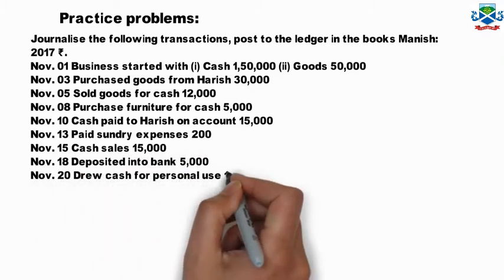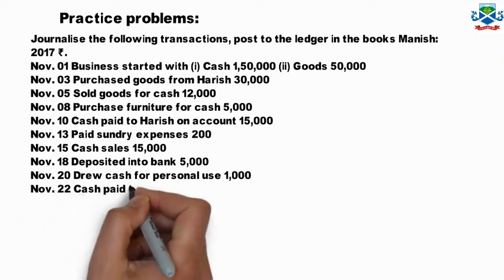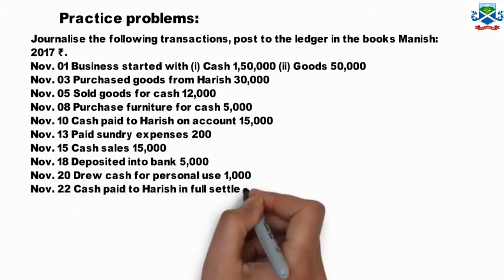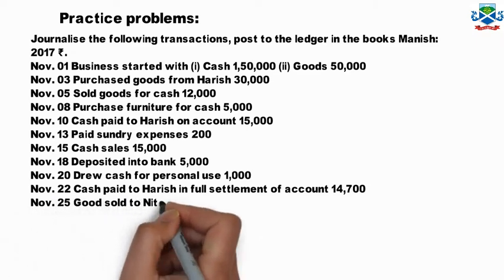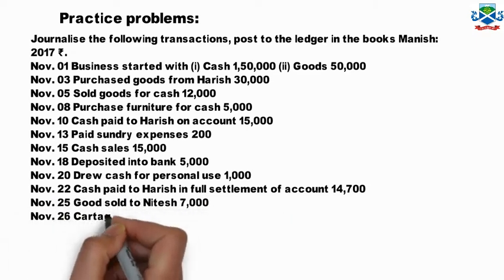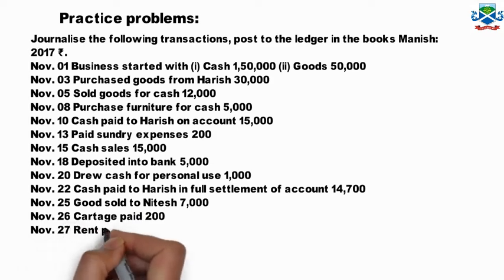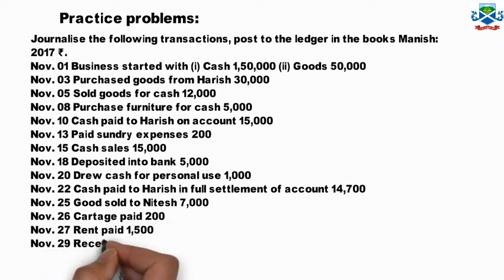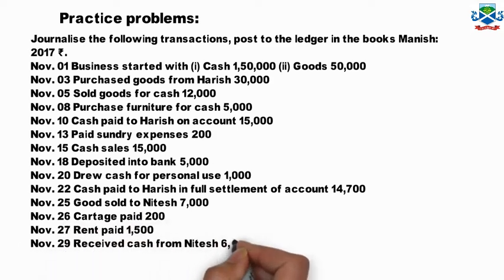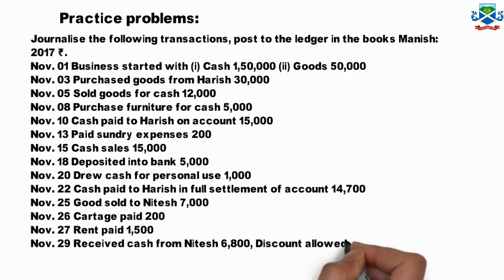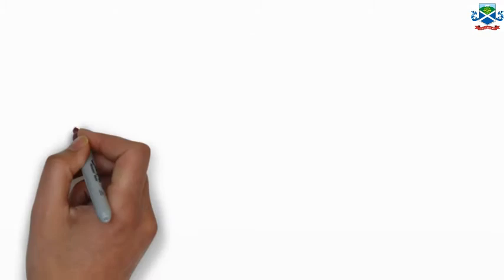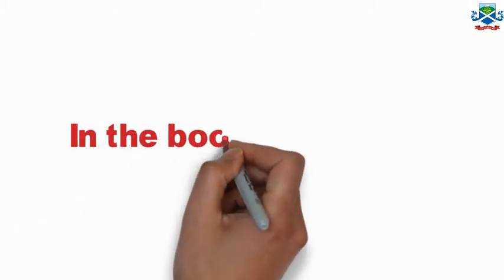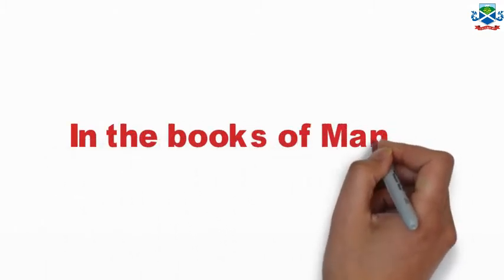drew cash for personal use 1,000, cash paid to Harish in full settlement of account rupees 14,700, goods sold to Nitesh 7,000, cartage paid 200, rent paid 1,500, received cash from Nitesh 8,800, discount allowed is 200, and salary paid 3,000. Now in the books of Manish,